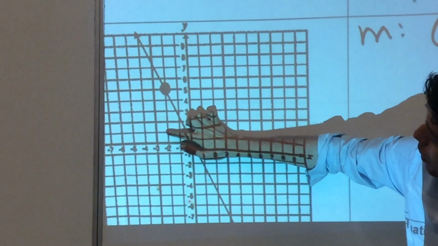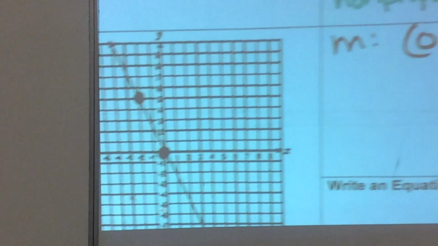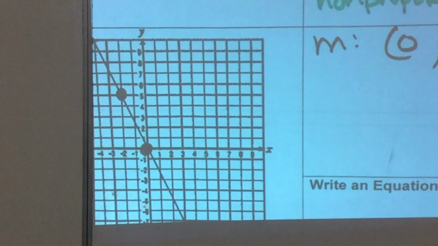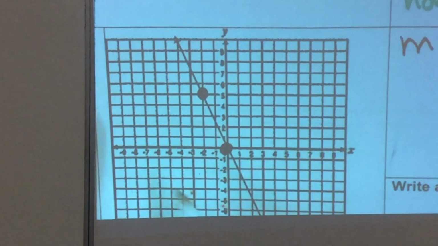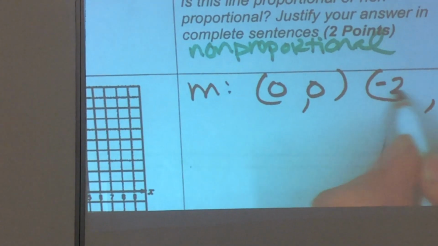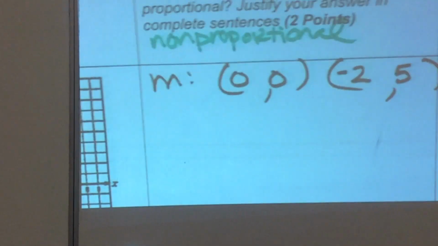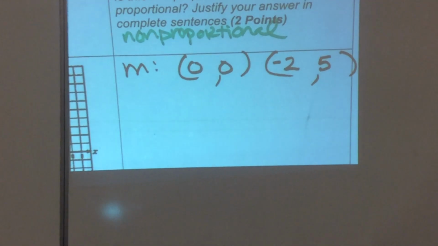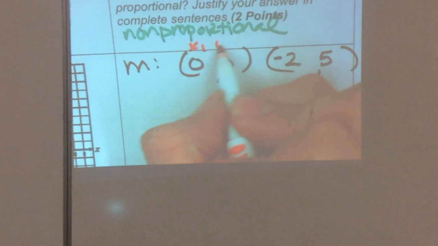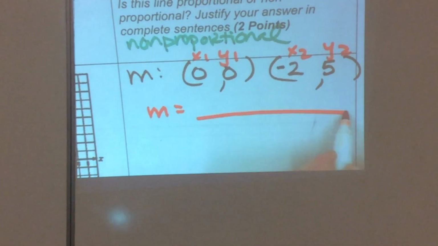Then you went up. 1, 2, 3, 4, 5. Because you went up, is that positive or negative? Positive. Good. Let me review that again. Since you went 2 to the left, that means this is -2. And then since you went 5 up, that means that's +5. Let's quickly go over this now. x1, y1, x2, y2. M equals